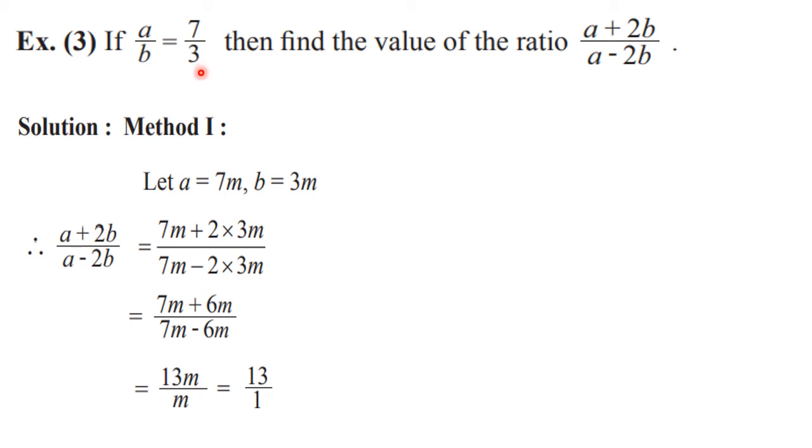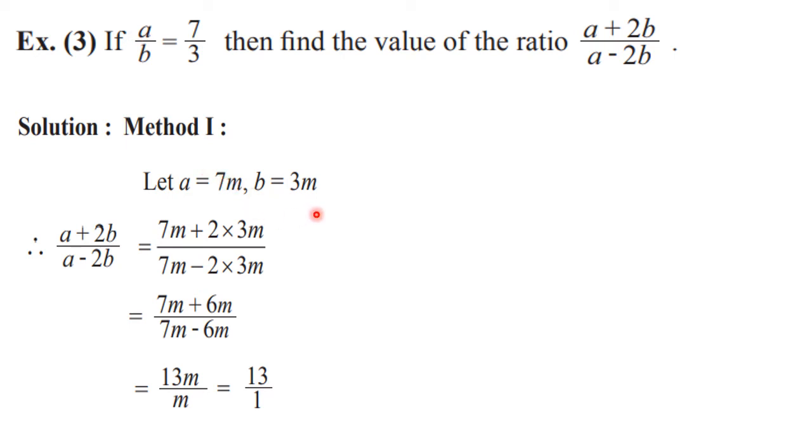And from that, we can write down A is equal to 7m and B is equal to 3m. We have to take some common multiple here. Like in the previous case, K was taken, but here M is taken. You can make use of any alphabet except A and B, because A and B are already present here. So don't use A and B again. Otherwise, you will be in trouble. You will get a wrong answer. So except A and B, you can use any alphabet.